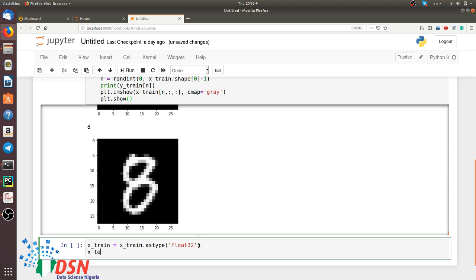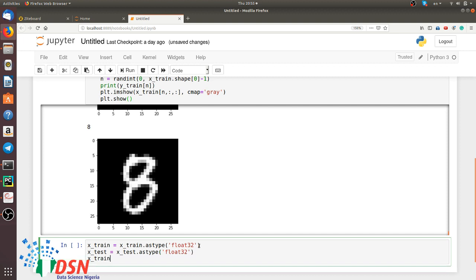So for both training data and test data, we should convert them to float 32. And this is important because if you are reading images and you want to normalize them,